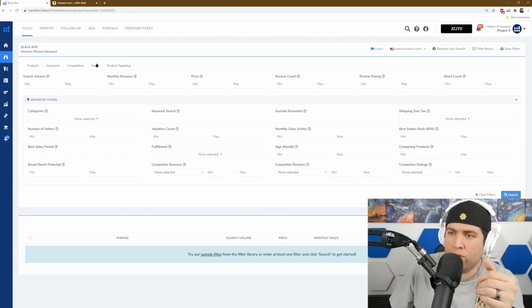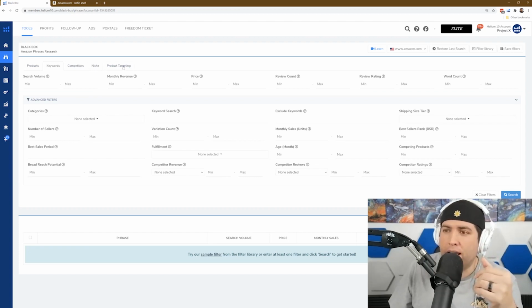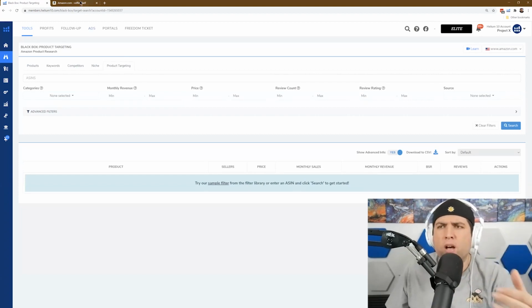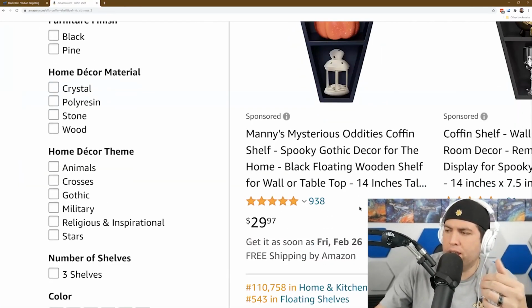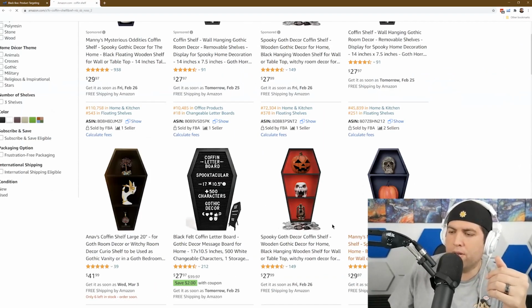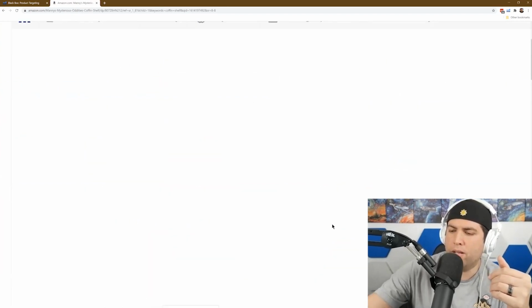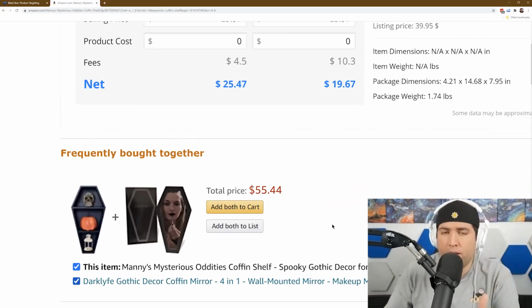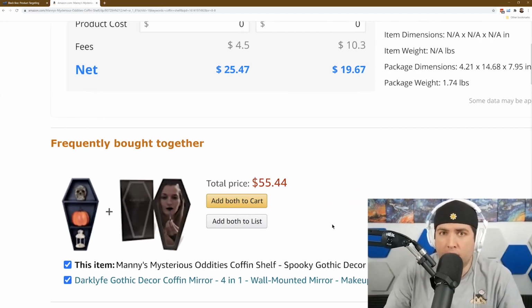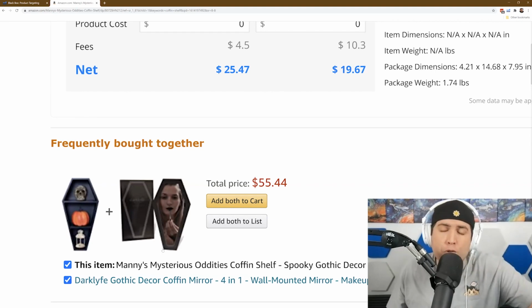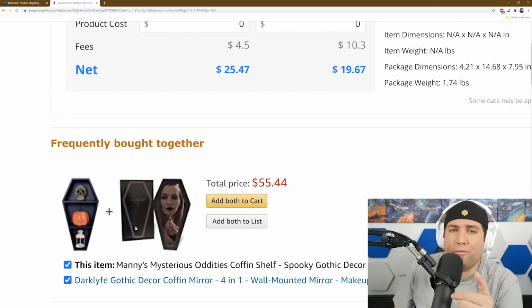We have a competitors tool, a niche tool. Product targeting is one that I love. I can just enter an ASIN right here, and I'm going to see all of the products that maybe have appeared in the frequently bought together. Let me just look here. I don't know if there's any frequently bought together. Oh yeah. So like here, a lot of Amazon sellers just look at this manually, and that's great. You don't need Helium 10 for this. Anybody who's an Amazon seller should be doing something like this, regardless of whether they have a tool or not. But look at what's frequently bought together to see if maybe you can get some ideas on a new product, or maybe you can advertise against this product.